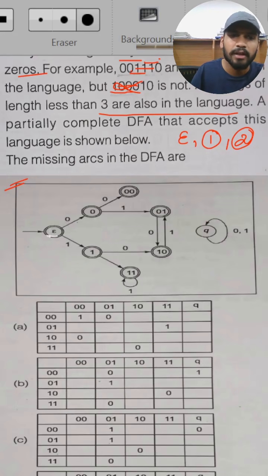In this DFA, on seeing epsilon, or on seeing nothing, we come to the initial state. By seeing 0, we go to state 0. It is named state 0 because we are seeing input symbol 0 to reach this state. Again, on seeing symbol 0, we go to state 0,0, because we are seeing input symbols 0 and 0 to reach this state. Again, state 0,1 means we see input symbols 0 and 1 to reach this state.